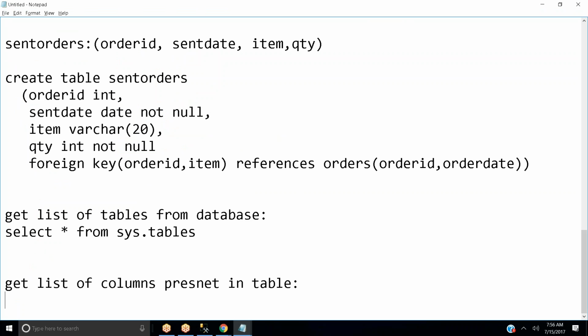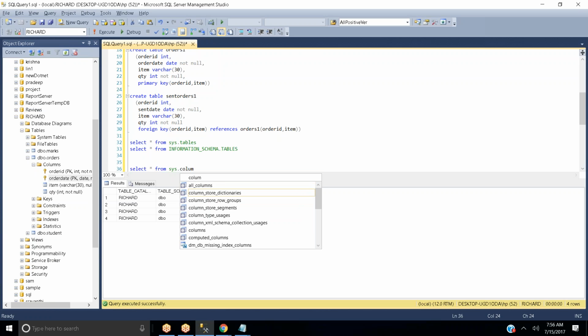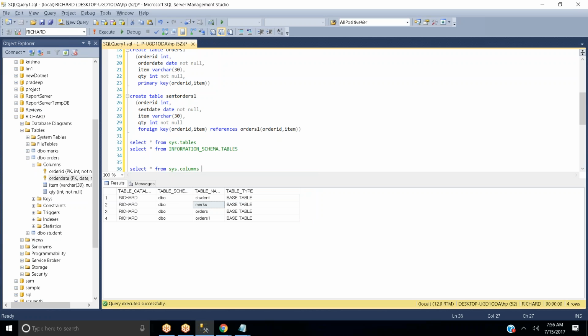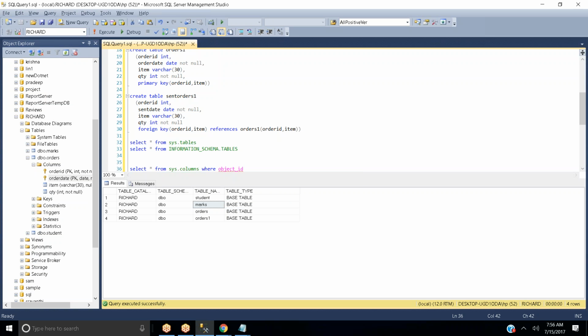You are going to use select star from sys dot columns, then you need to give where object underscore id is equal to object id.